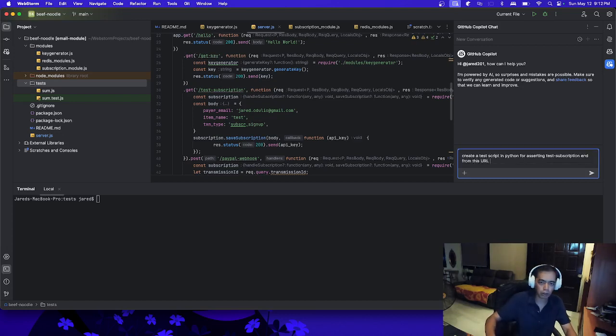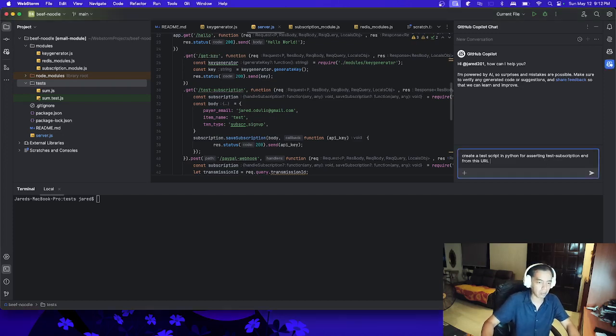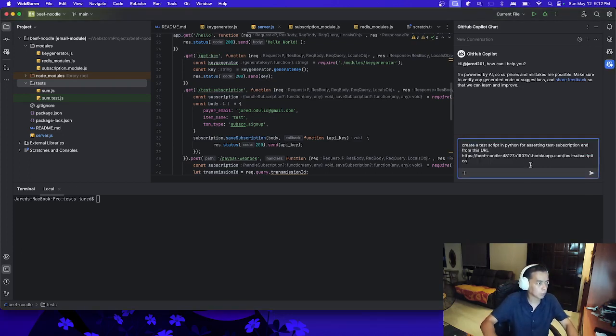We're going to test from a URL that is already live, so just copy and paste. It's a URL from a Heroku app.